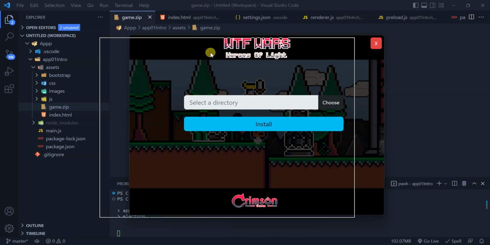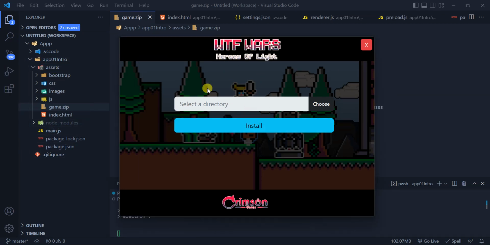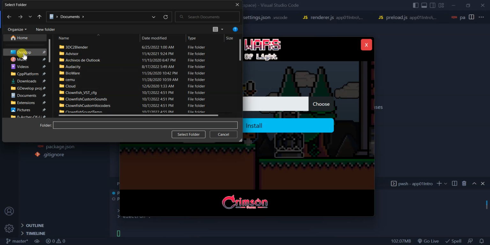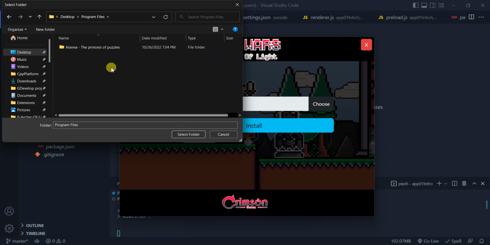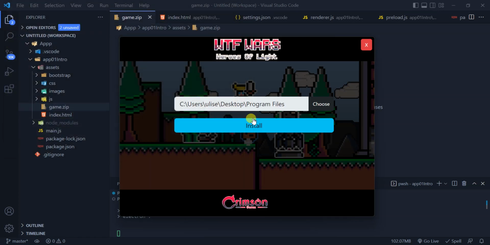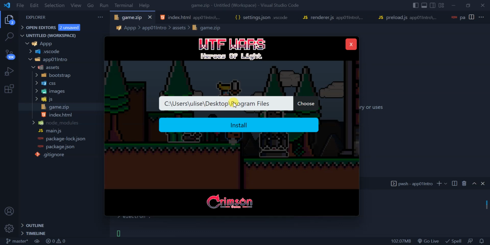It's just another Electron application, but with this installer you let the user choose a folder, for instance these program files. So the game is going to be installed here. When I hit this install,